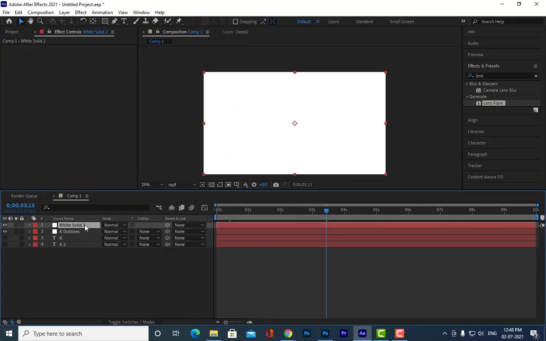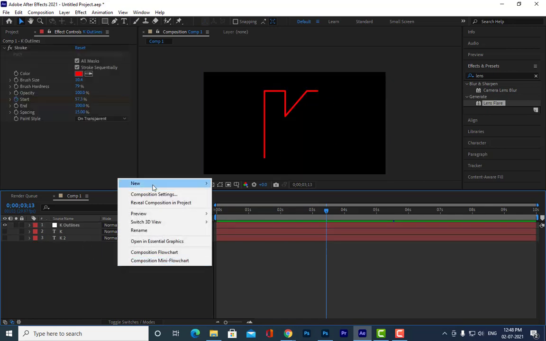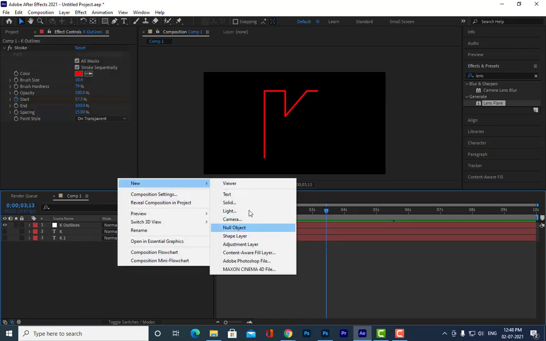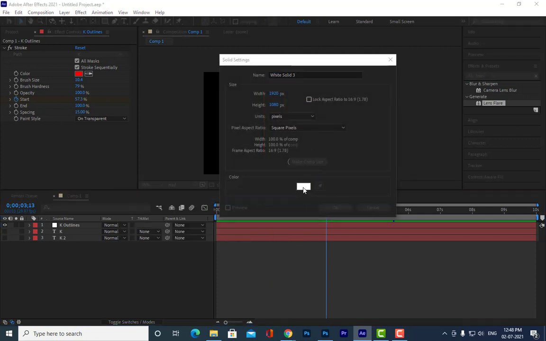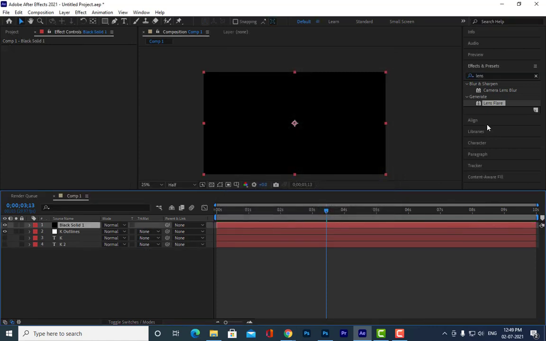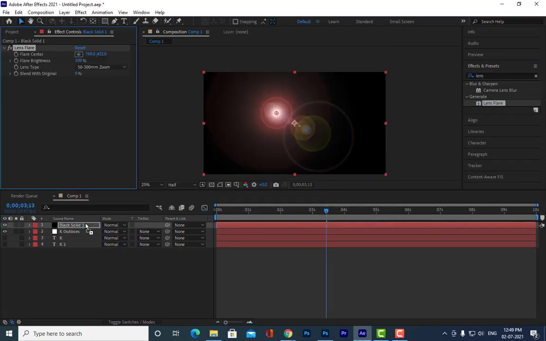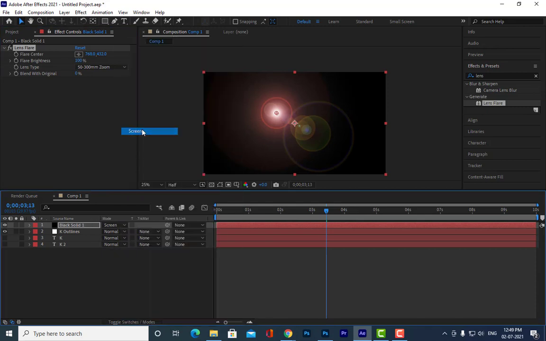I have to take a black solid. So then again we will use a screen blending mode. Okay, we'll use a screen blending mode.